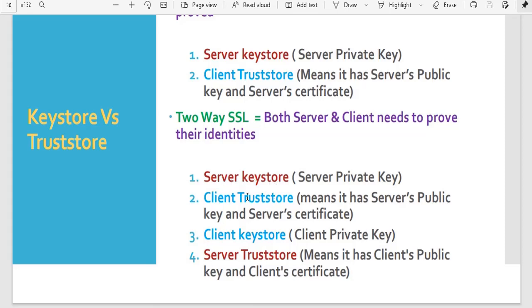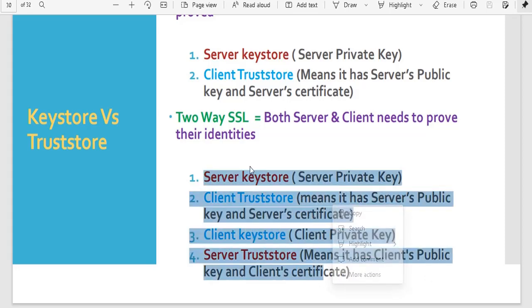We need the server key store, which means the server private key. We need the client trust store, which means the server's public key and certificate. We need the client key store, which is the client private key, and we need the server trust store. It means the client's public key and client certificate. So we should have all these four details in order to execute two-way SSL.